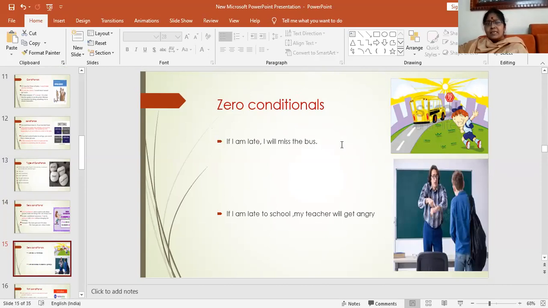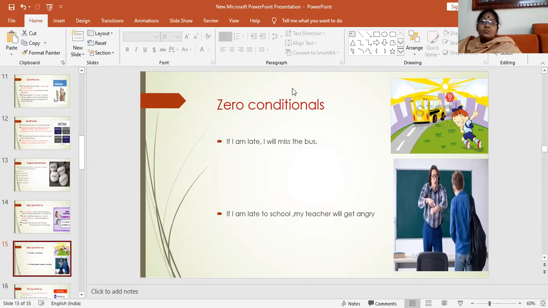Is this a fact or not? It is a fact. Every time if you are late, you will definitely miss the bus, right? And what will happen? If I'm late to school after missing the bus, my teacher will get angry. Is this a truth or not? Most of the time, it always happens that the teachers get angry if you do not maintain your discipline,